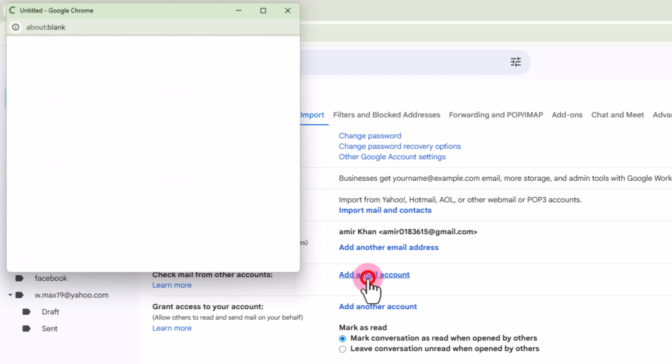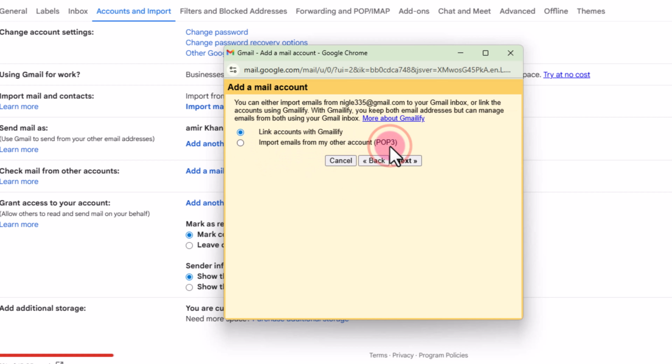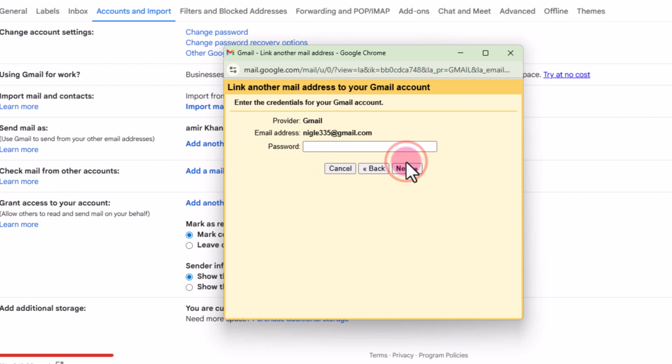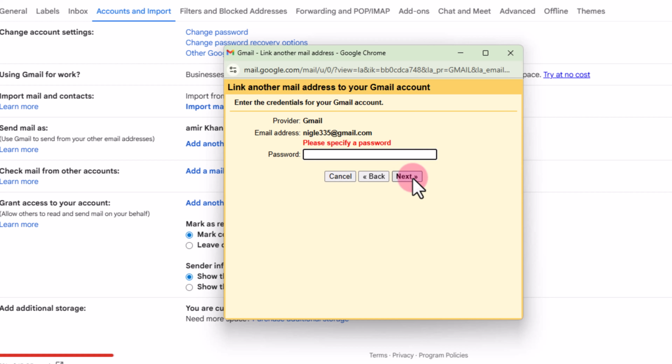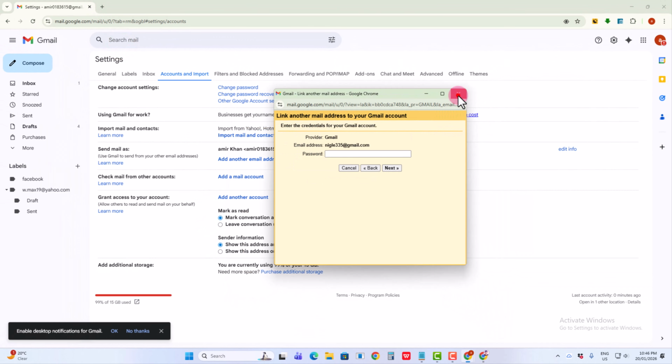Press on add a mail account, and you just add the mail account that you wanna make a business account. Okay, I'm just selecting this mail account, press on next. Okay, and click on next. Okay, you just enter your password and press on next, then it's successfully added. This option. Okay, and the next step,